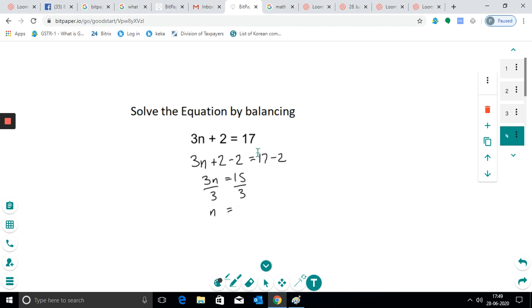Another advantage is you can take a screenshot and paste anything straight onto the BitPaper. Here we can use the text box to write, or you can use freehand writing also.